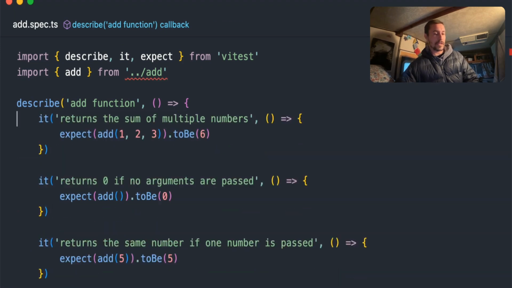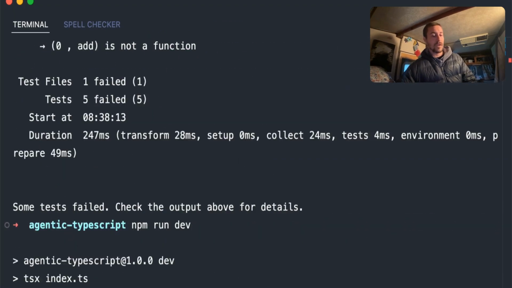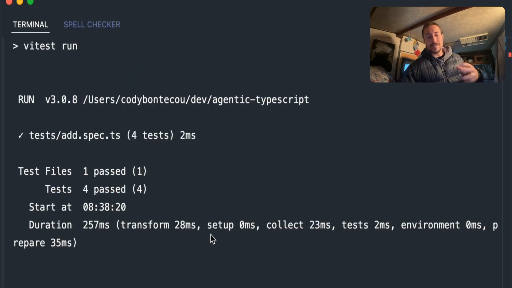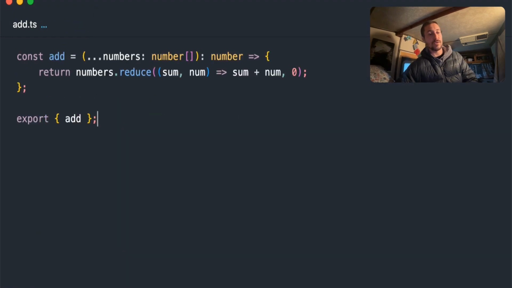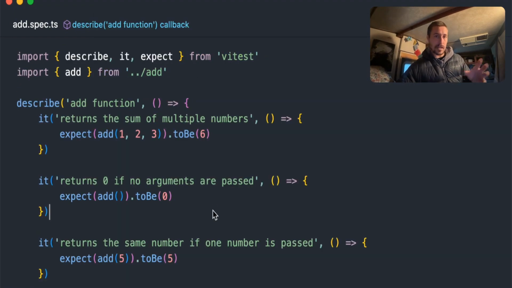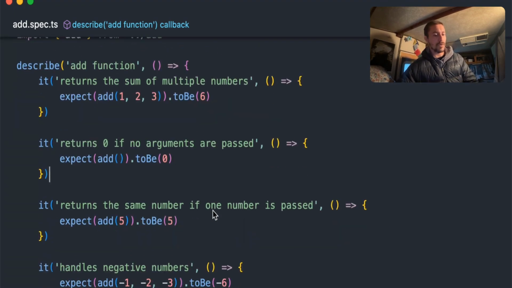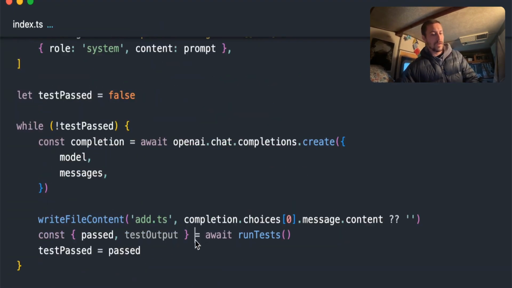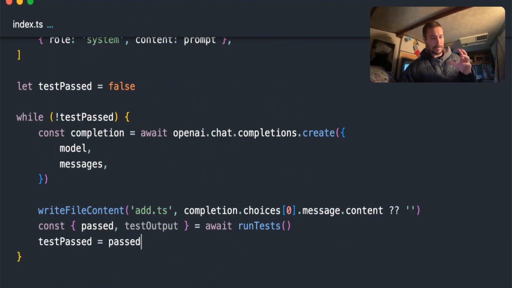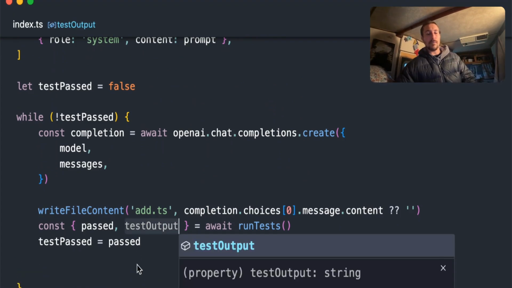Let's delete this again. Let's run it again. The reason we're not really in the loop here is because it's actually a pretty easy test. ChatGPT knows how to solve this pretty much every single time, so we're not hitting the loop. But in more advanced test cases, more advanced functions that you're testing, you're probably going to hit the loop more often. But we're just looping. We're not doing anything with this test output.